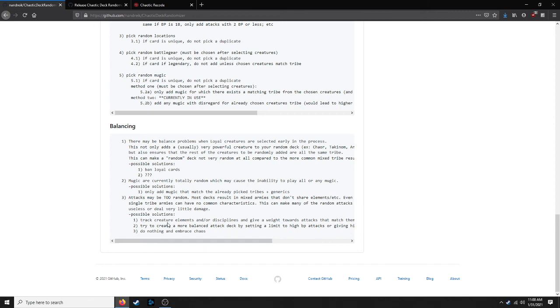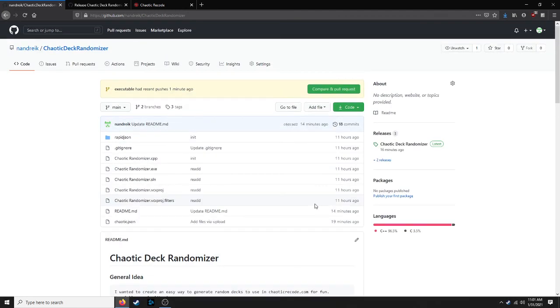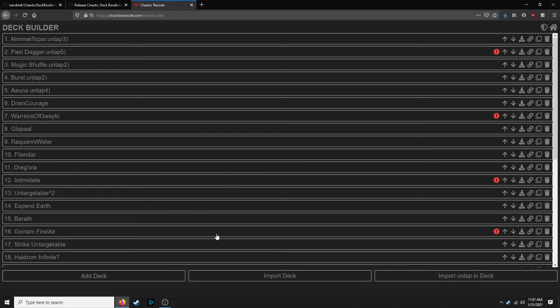But some solutions I could do is try to track elements with selected creatures and attacks. I can try limiting the amount of high build point attack cards that are added to the deck, or I could just leave it and you guys could just deal with it, I guess, and maybe that'll be part of the fun. But yeah, this is pretty much the